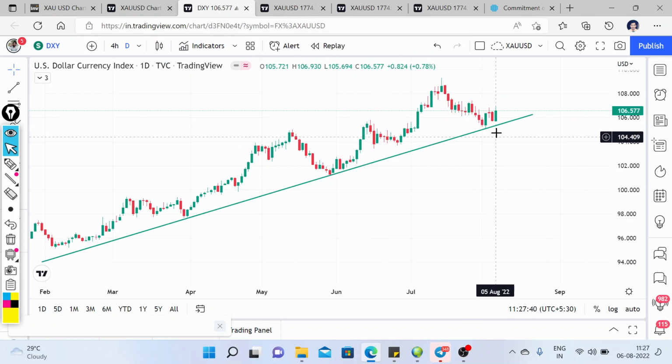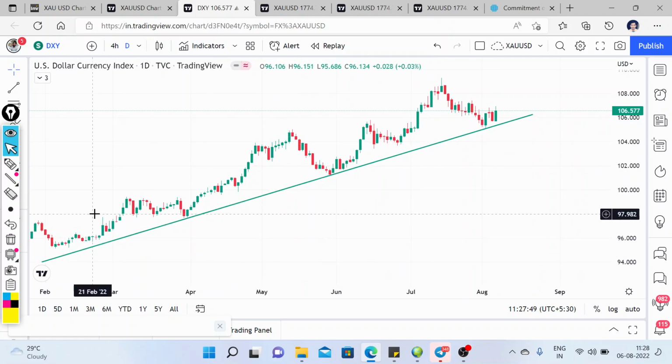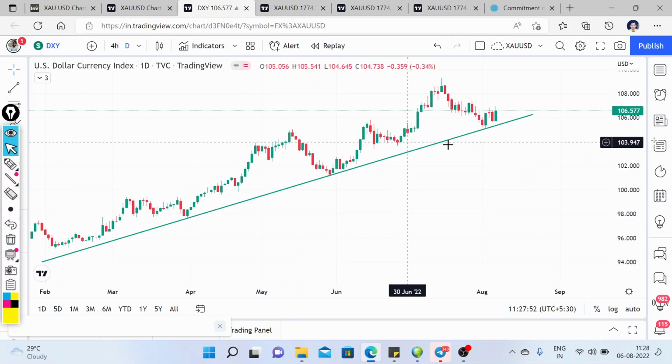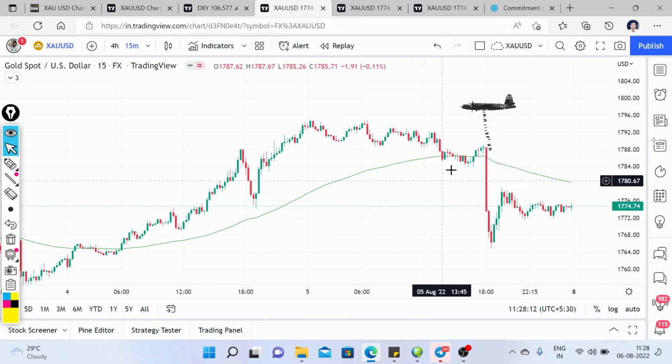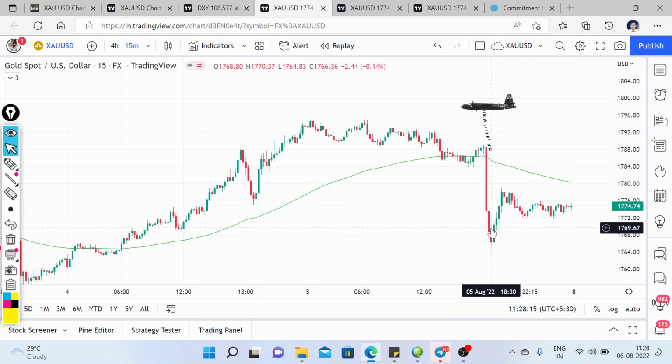As you can see, the daily candle is a full bullish candle on this chart, and I already shared this dollar chart in the Telegram channel. And as you can see from this chart, it is taking support on this trend line, and we have a rejection over here. So if the dollar is able to hold on this chart, we can see a further rise of price from this current price level, and this directly impacted the gold movement. And in yesterday's trading session we have seen a big decline of price. So what are the possible levels that we have to focus on? We are going to discuss that.